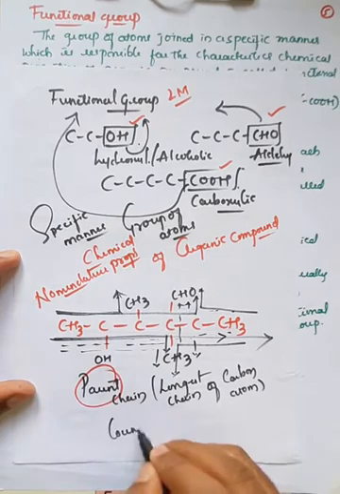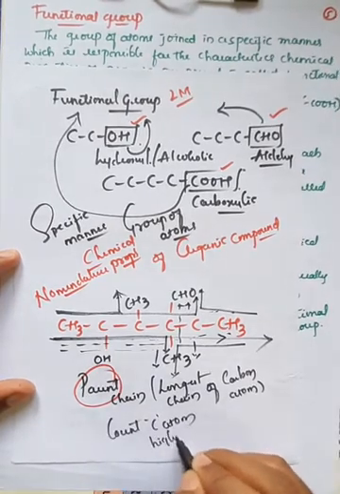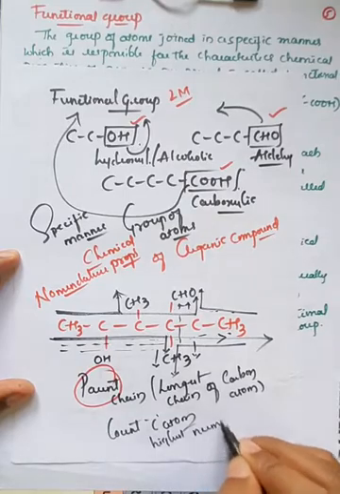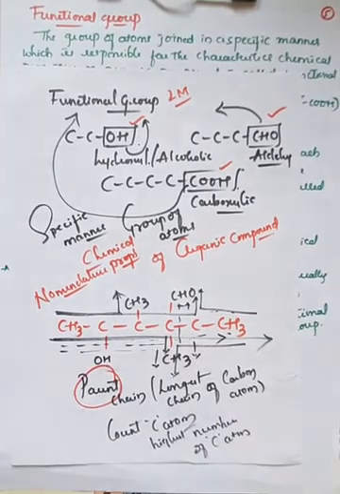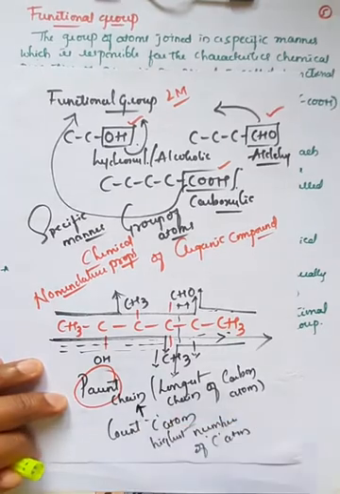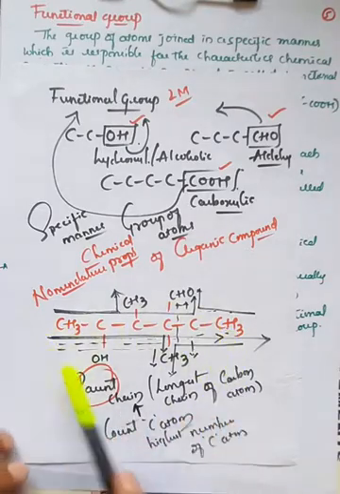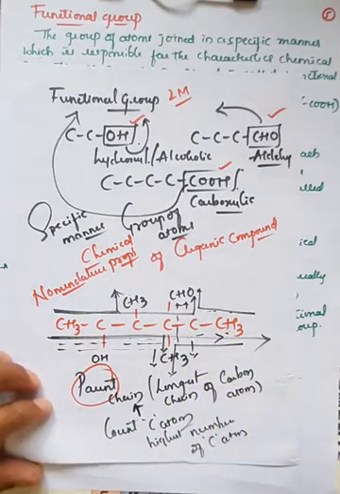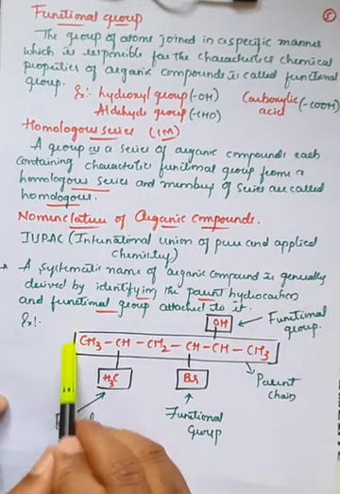You must count the carbon atoms, and the chain having the highest number of carbon atoms is recognized, or generally called, the parent chain, or also the longest chain, right? So the first identification is the identification of the parent chain. After that, as I have drawn here, observe this box.